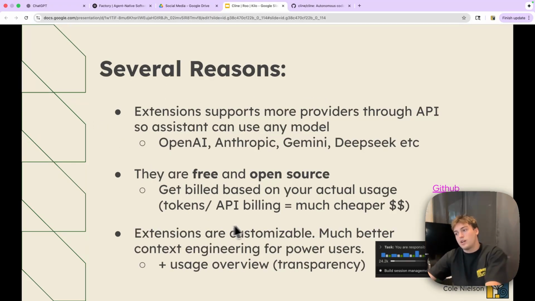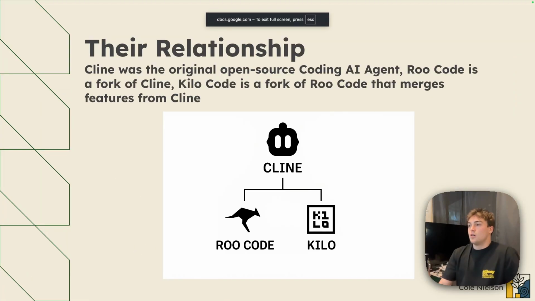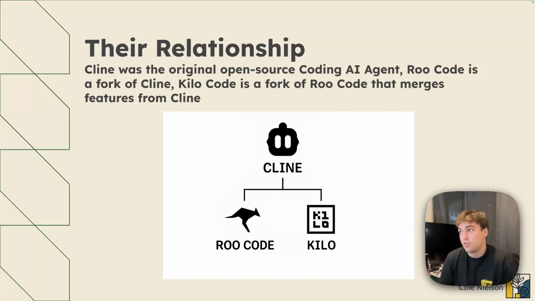And then the extensions are customizable, which makes it much better for context engineering for power users. And then there's the usage overview, which I kind of touched on here. As you're going through, you can see how much usage you're using and the pricing that comes with that. So the relationship is basically Cline Code was the first coding AI agent